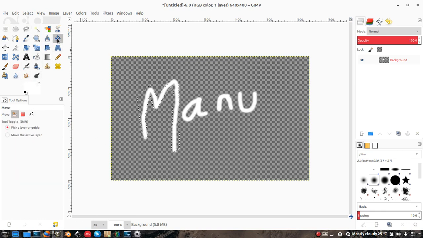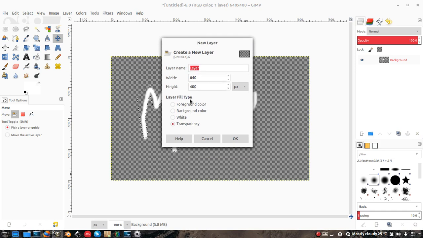You can use this tool to pick and move layers. Right now I have only one layer, so this doesn't actually apply much. So if I create a new layer, here under the layers tab we have a few buttons. The first button is the create a new layer button. It will, as it says, create a new layer on this image. It has these fill types: foreground, background, white and transparency, as you would expect for an image,